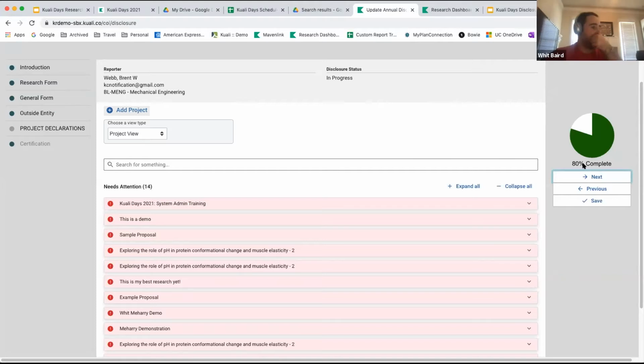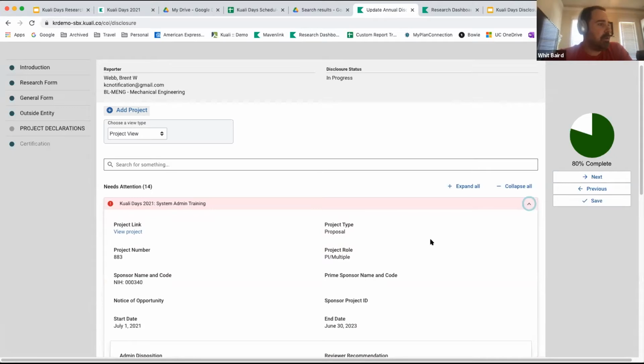And so it looks like this person is involved with a number of different projects. This is a demo environment, so we've probably been adding this person a bunch to different projects on the sponsored program side. So when this person, Brent Webb, was added as an investigator in sponsored programs, those projects then pushed across to our COI disclosures module and display here so that Brent can actually put a disposition on each one of those projects. So you can see if you open up one of these projects